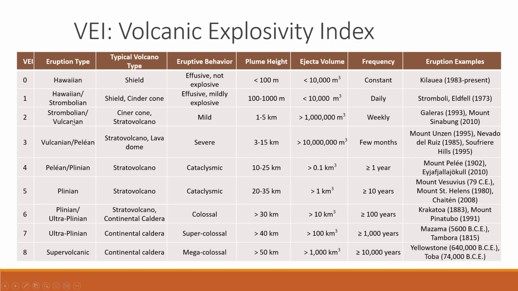Let's see, we go from Strombolian to Vulcanian. Vulcanian is going to be more of a true, what we think of as a volcanic eruption. Pelean is named after Pele, the Hawaiian goddess of fire. We're starting to get to more eruptive. Plinian is named after Pliny the Younger, who described